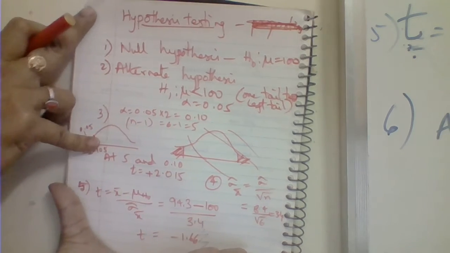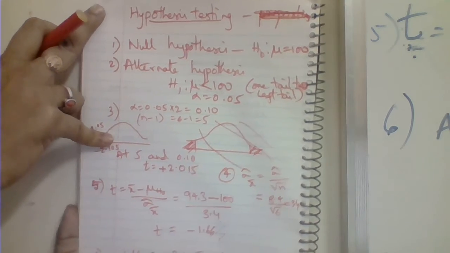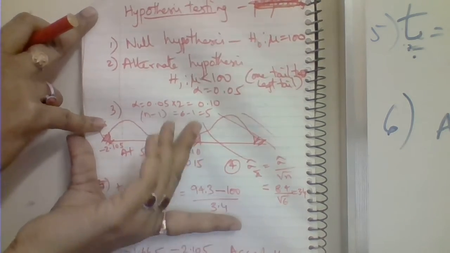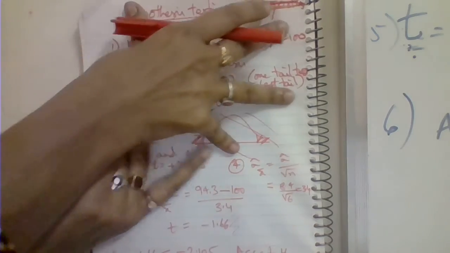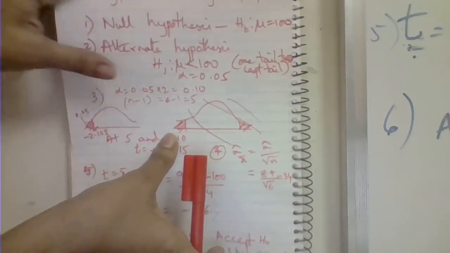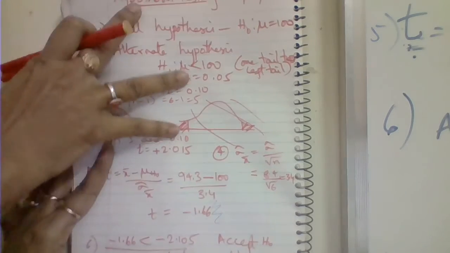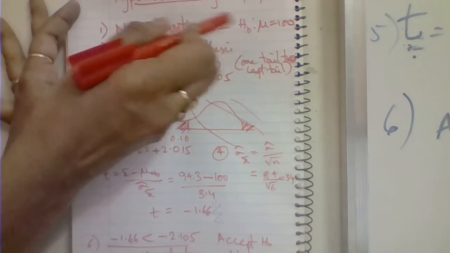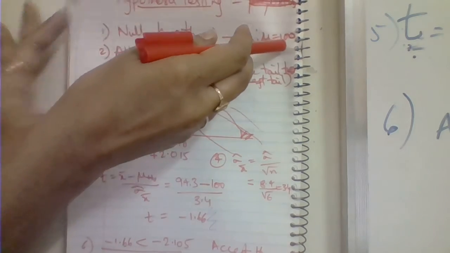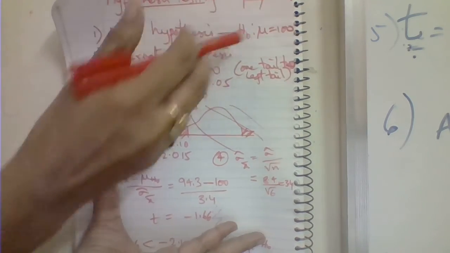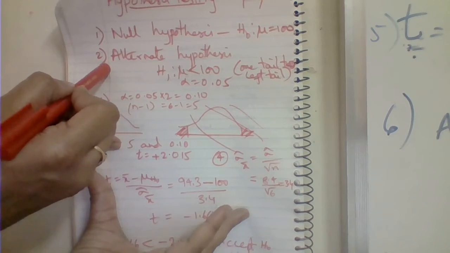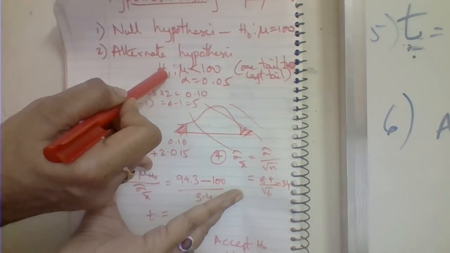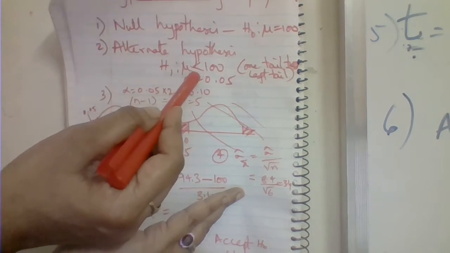Okay students, now we'll see the problem working. So here this is the problem they have given, that you have to check the null hypothesis is 100. So from the problem we are writing the null hypothesis, that is H naught: mu equal to 100. So this you have to mention. Immediately in the next step, the alternate hypothesis, he said against that it is less than 100. So your alternate hypothesis will be H1: mu less than 100.